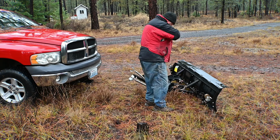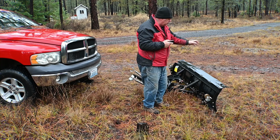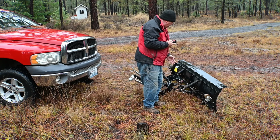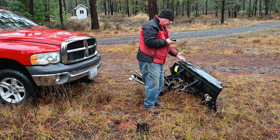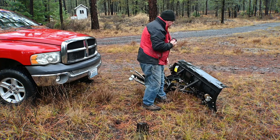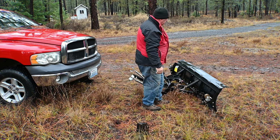The other thing is this one comes with a wireless remote you have in the cab. Push your snow when it's down low, pick it up in the air, back away, go about doing your business. The one thing you've got to watch is the elevation, so if you get in a hurry when you go to pick it up, and you pick it up too far, the blade comes in contact with the winch and it breaks the strap off. The other pro tip is, when I did it the first time I ever did it, was